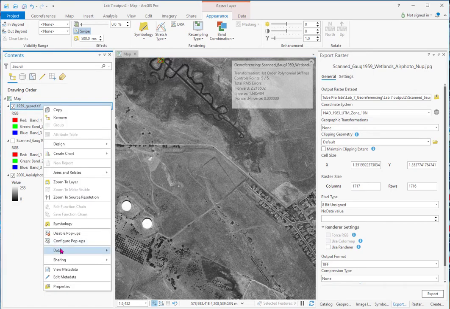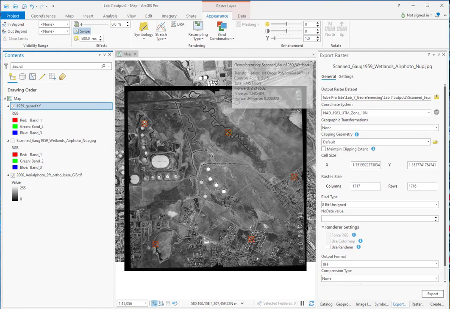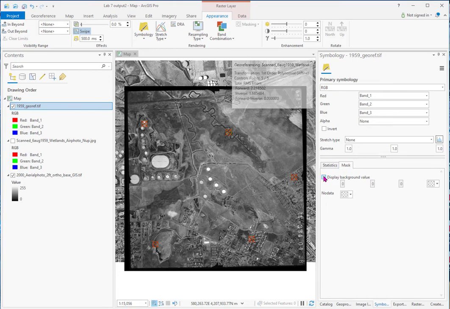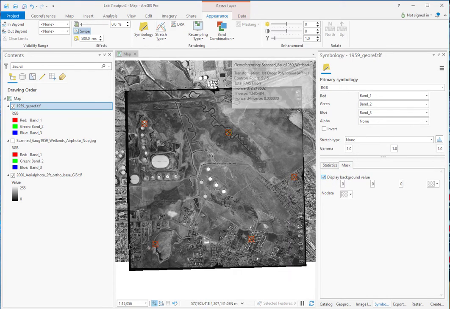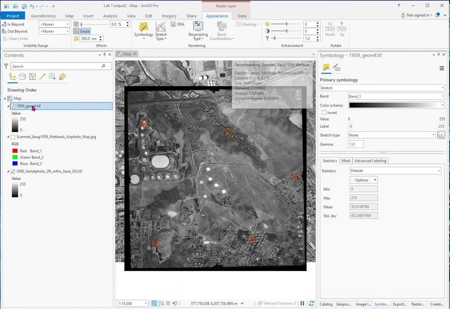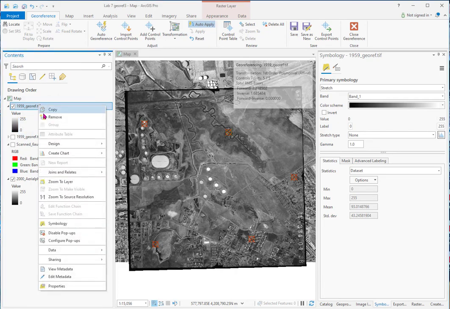It's saved as a 3-banded image. I want to zoom to layer. We've got this black band around it that we can get rid of in symbology, a portion of it that's 0. It doesn't work perfectly but it made it much thinner. And those pixels actually had a value of 0. And if I go up to stretch, I can then save this. You can see when I went to stretch, I changed contents to a 1-banded 0 to 255 grayscale image, and